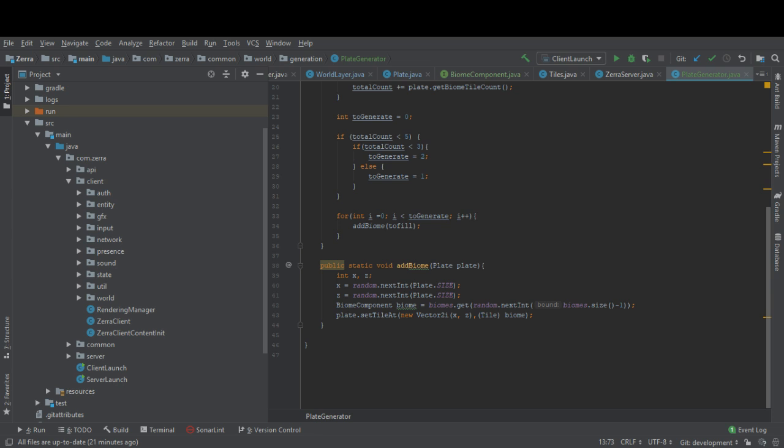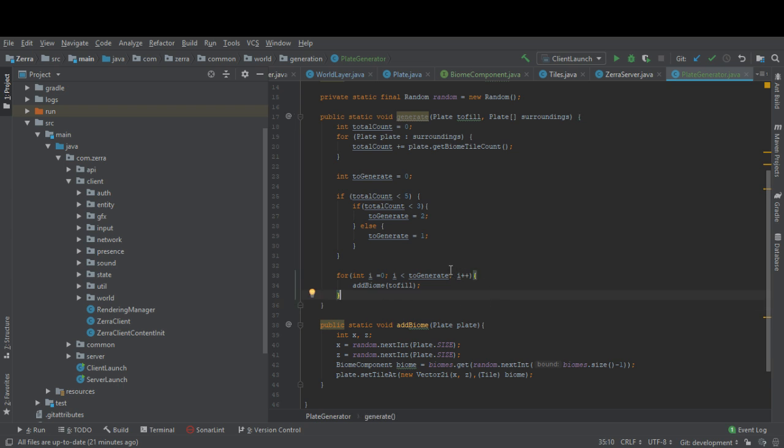So, what's going to happen isn't much. This should do the trick then. So that means we only have to collect all the tiles, and then we're going to do get closest biome, and then we're going to run biome.getTile, and we're going to pass in the position. Right, so for now